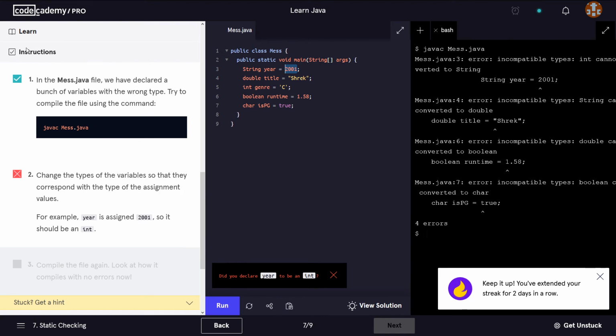Okay, so instruction number 2 says change the types of the variables so that they correspond with the type of the assignment values. Okay, so we should put Shrek, we should put it here, title, well, actually this is supposed to be, okay, so Boolean, actually I'm gonna copy them once more, okay, and then we're gonna do it here. Okay, so the title,